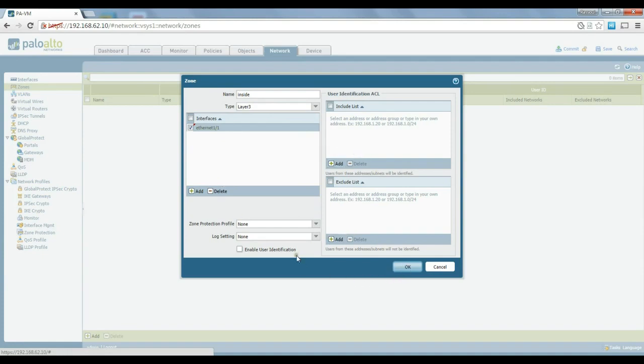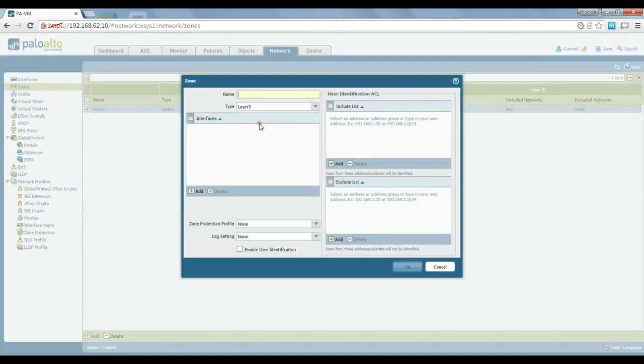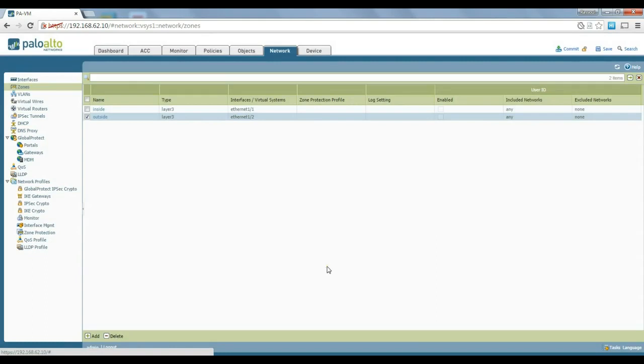Don't worry about the inclusion, exclusion list and all this stuff. We'll talk about it later. Just let's do that. And we define outside zone and choose interface 1/2. Click on OK. So we've got our IP addresses, we've got our zones, and the next step, which is basically an important step